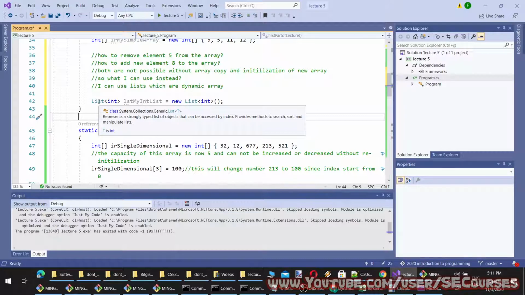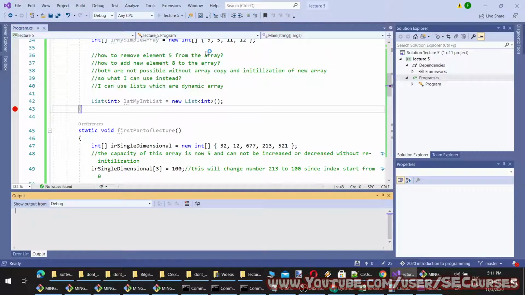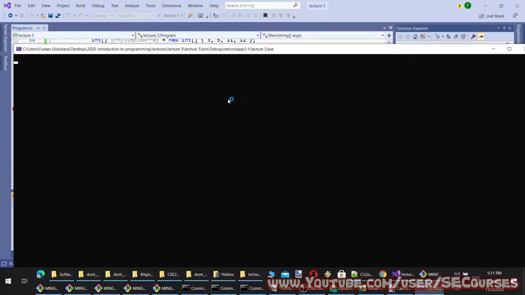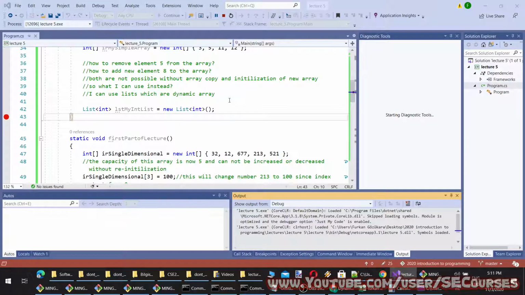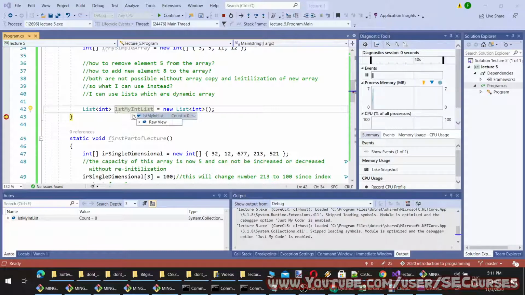Okay, so what does this do? This has initialized a list which is empty at the beginning. However, I can add or remove as many items as I want. When I hover over it, you will see that it has 0 elements.